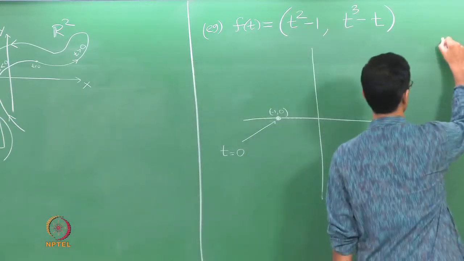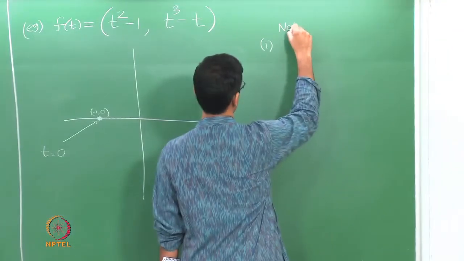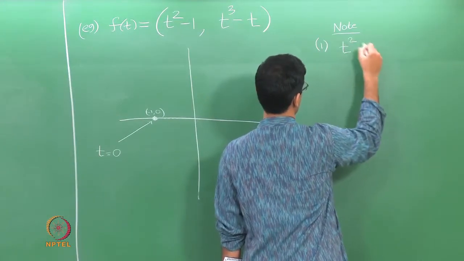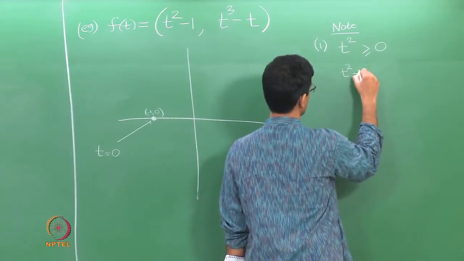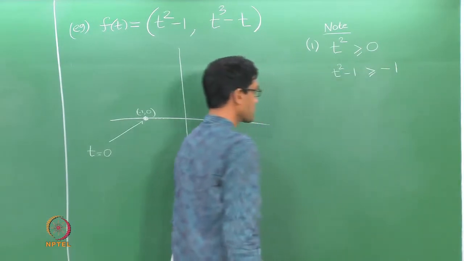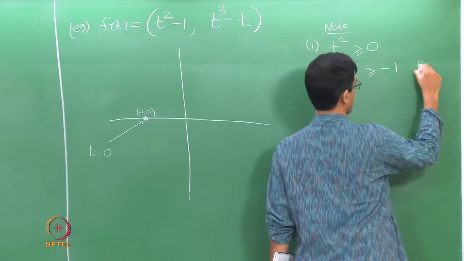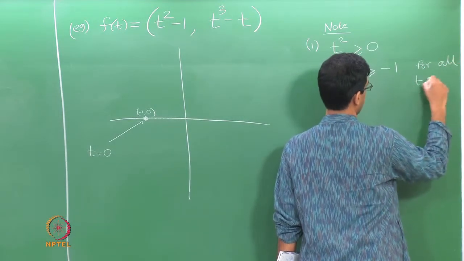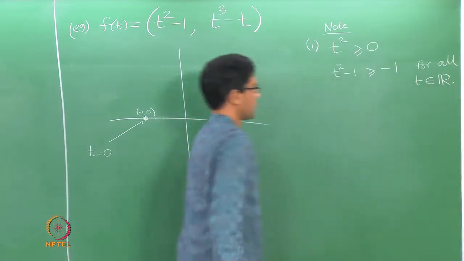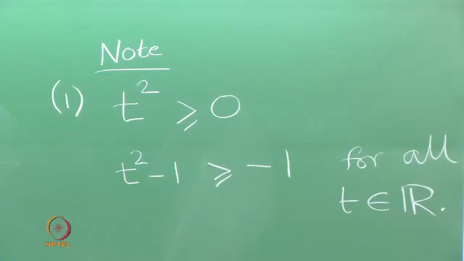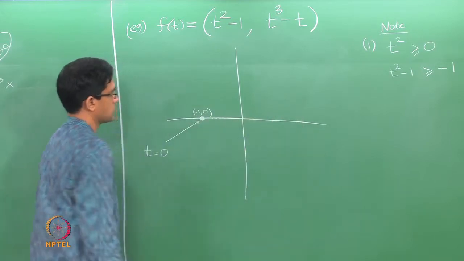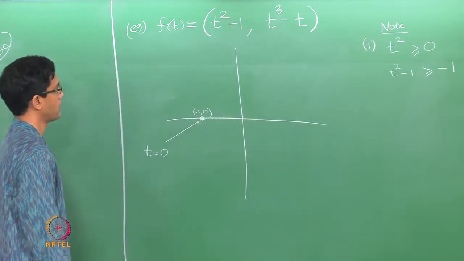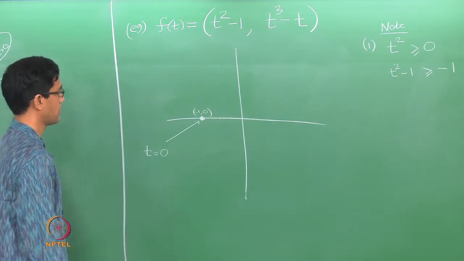So here are various points to note. Let us see what all we can deduce. T squared is always greater than or equal to 0 no matter what t is, positive or negative. In other words, t squared minus 1 is at least minus 1, for all t in the real numbers. So this of course means that this particle behaves in the following manner: the x coordinate is always minus 1 or higher. Okay, it is always to the right of this point minus 1, 0 if you wish. Okay, so that is something to keep in mind.